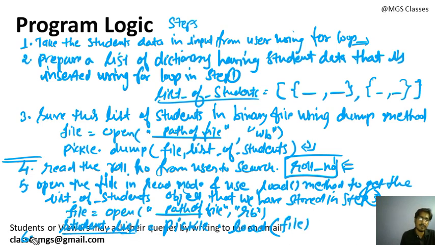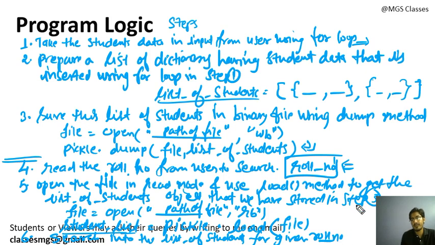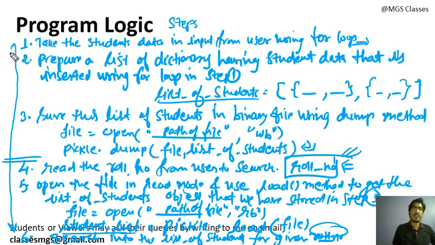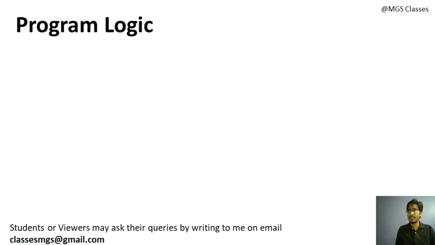Okay, now the next step is to search into the list of students for the given roll number that you have taken from the user. You will search into the list using the for loop that I have already explained. So this is the complete step you need to follow. If you understand this, you can very easily write the Python code. Now I am going to write the Python code in the next step. Okay, then we will go ahead and run this in Spyder. So let's wait for Spyder to come in.